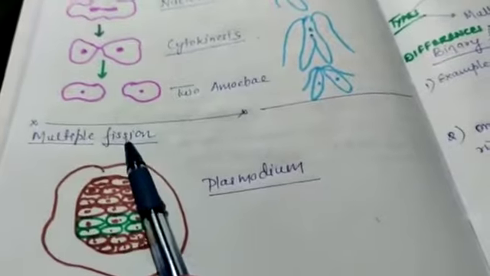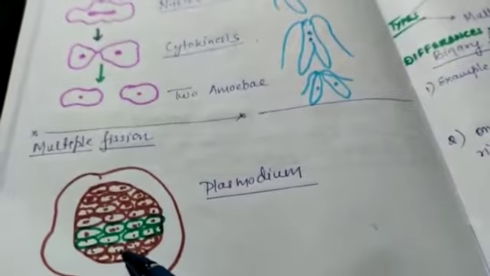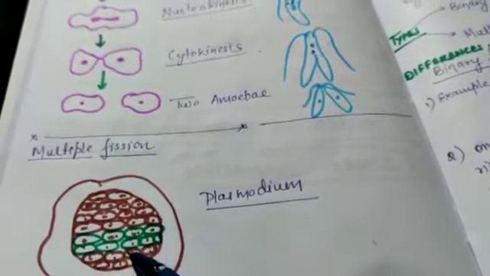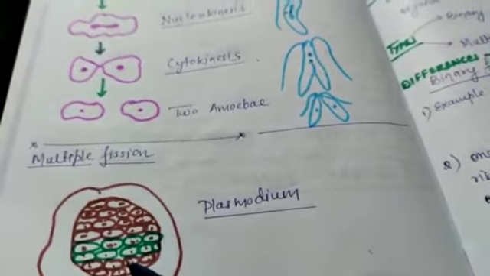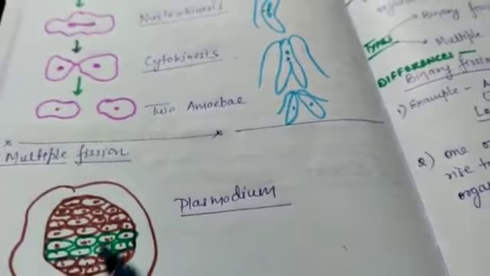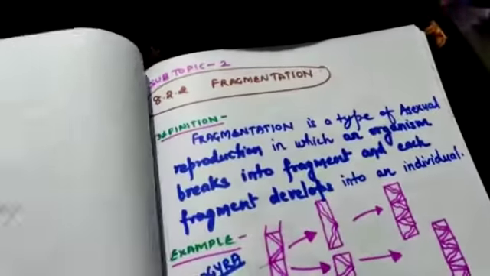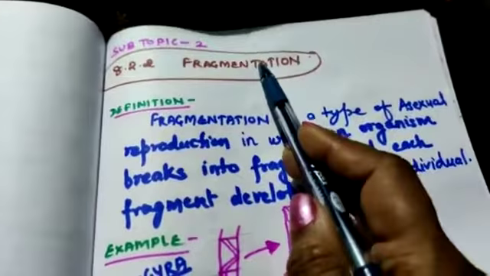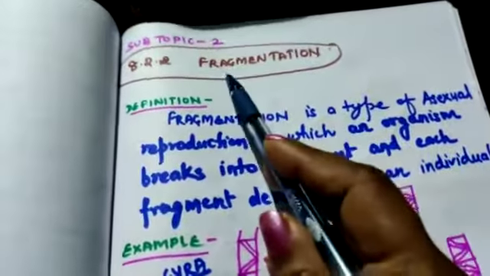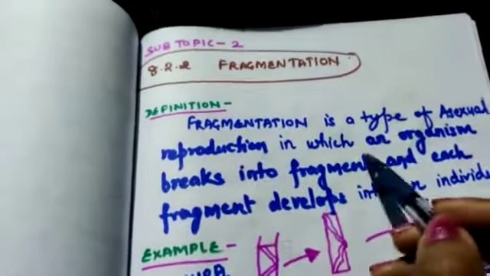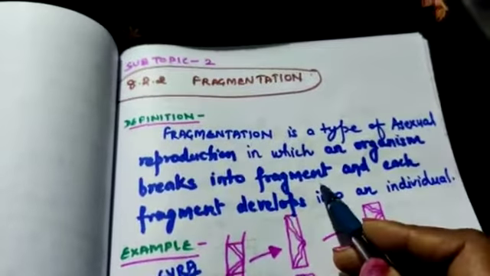Then in case of multiple fission, plasmodium, this one is plasmodium. So many nuclei you're observing. So when the conditions are favorable, then you are getting many individuals. So this is about number first type, fission. Next is about fragmentation. So fragmentation, as the name indicates, fragments means pieces. So a type of asexual reproduction in which an organism breaks into fragments,